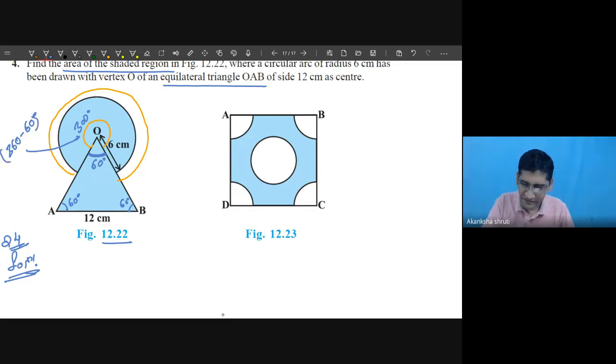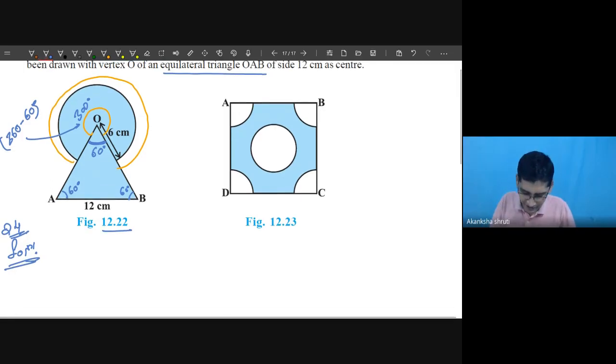I was explaining this thing in the initial 2 classes, just point by point, and each and everything I have emphasized. At that time, if you people have not paid attention, then you may be in a fix. I had also told you the formula does not depend on major or minor sector. The formula is universal, wherever the angle is taken. If the angle is greater than 180 degree or major angle, it's okay. If it is the minor, still it is okay.